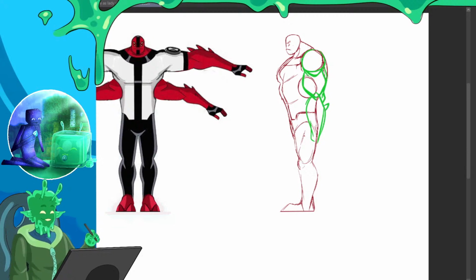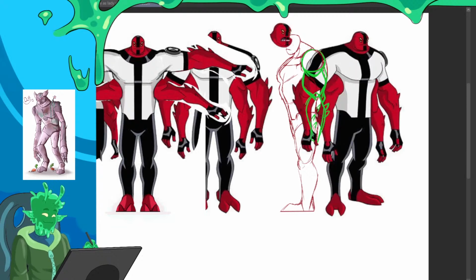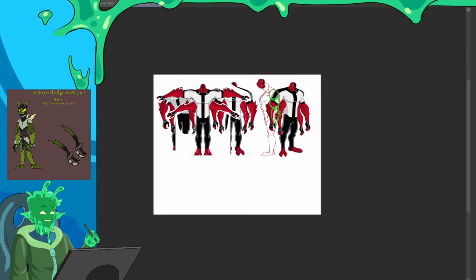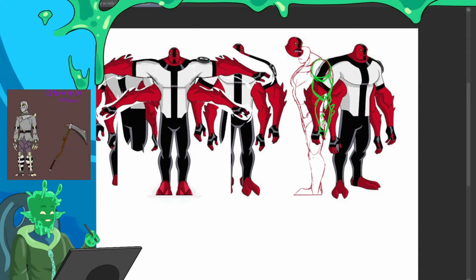So he's got two spikes there. He's got a spike there. And then two little spikes there. And then I'm going to look at the original reference model and see how far down the body it goes. And these arms go to about his mid-thigh, where human anatomy should. So that's good.